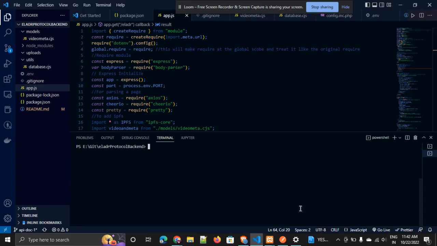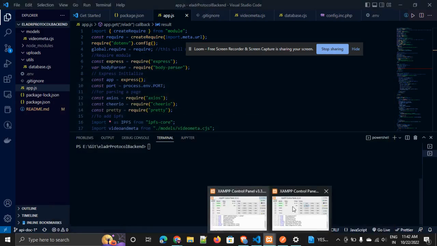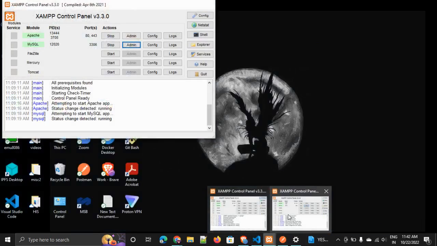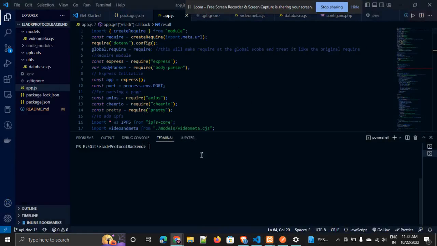So now, here we can see our MySQL server is running. So this is phpMyAdmin. Okay, we can see it from here. You can see it's running in the XAMPP terminal here, and now